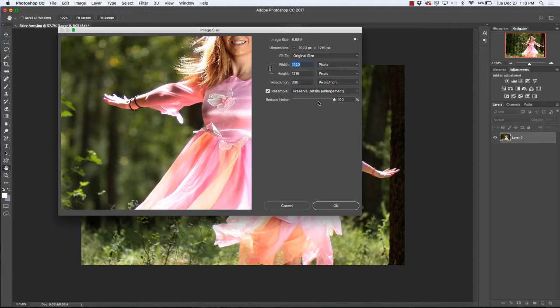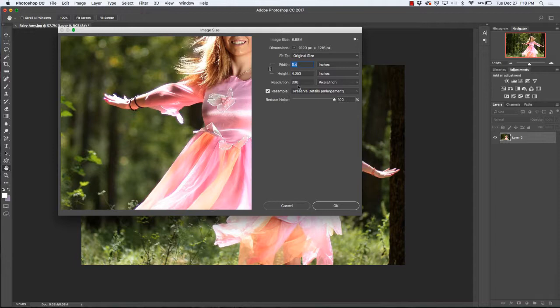So if we were going to print this out for a client, it's good to see the inches. So we'll change this drop down to inches, and this is showing us that our image size is 6.4 inches by 4.053 inches. So that's a good size for a proof, and at 300 resolution, that's an appropriate high resolution